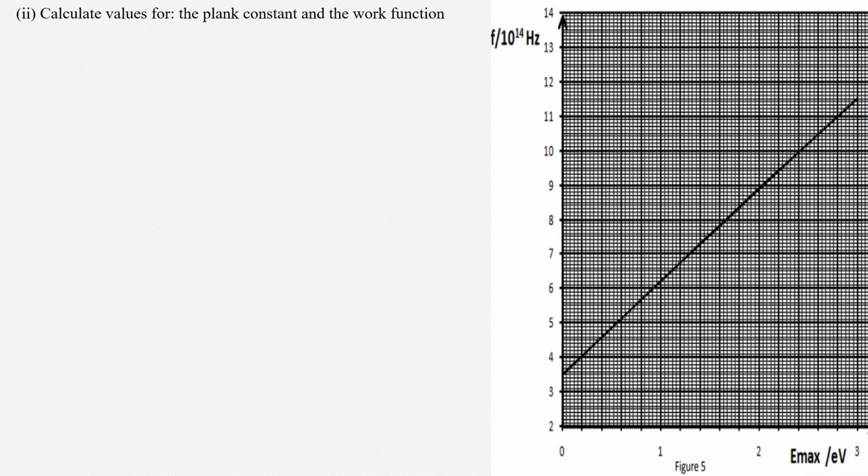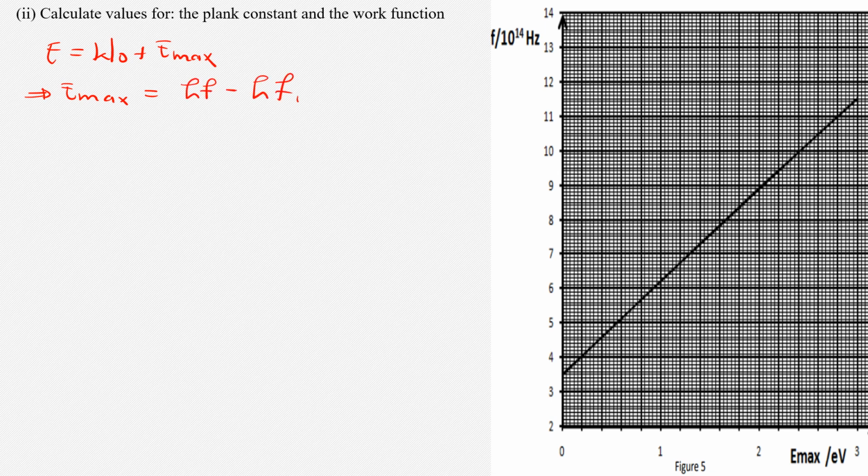Now let's calculate the values for the Planck's constant and the work function. We see that we have a graph of F against E max in electron volts, but we saw that E is equal to the work function W naught plus E max, which is the maximum. So this means that E max will be equal to HF